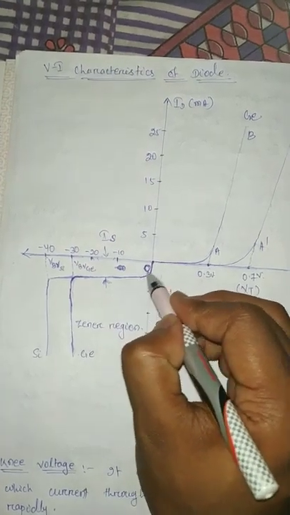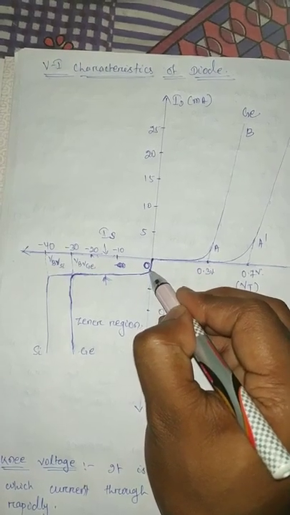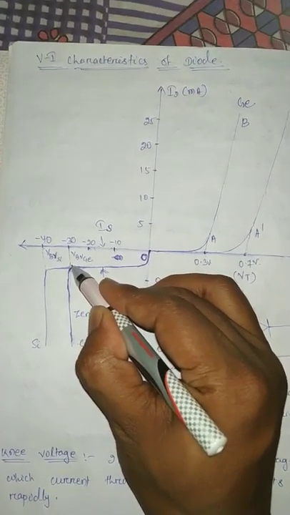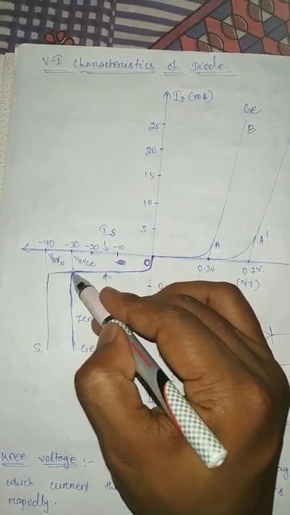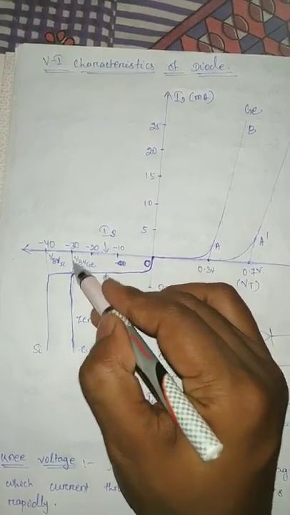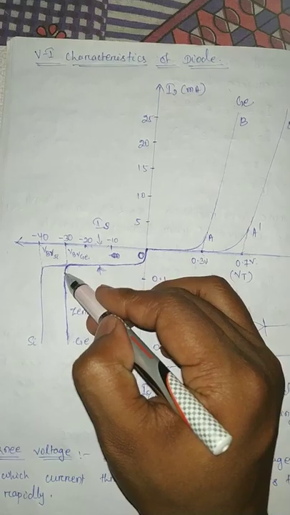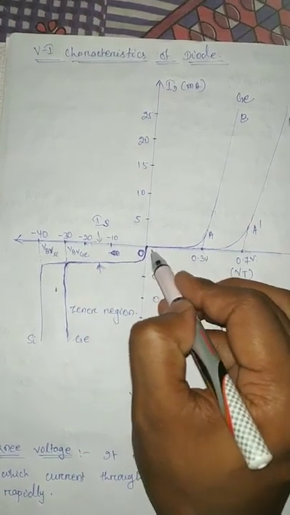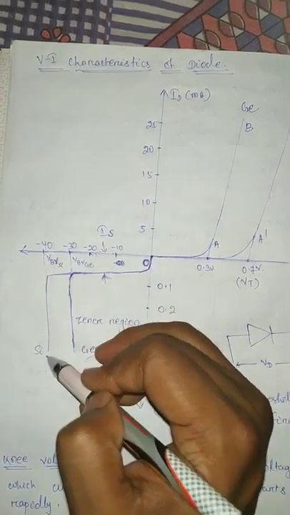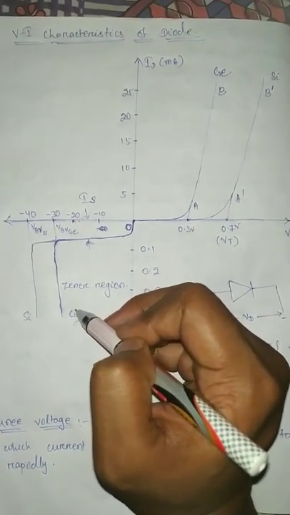As you see, this is the graph. As the reverse voltage increases, the reverse saturation current first increases sharply, then becomes almost constant up to a level. Beyond that breakdown point, if you increase the voltage, the current increases sharply. This voltage is known as the breakdown voltage, where the diode enters into the breakdown region. The first one is the graph for the germanium type diode, and the second one is for the silicon type diode. The breakdown mechanism we will discuss in the next video lecture.